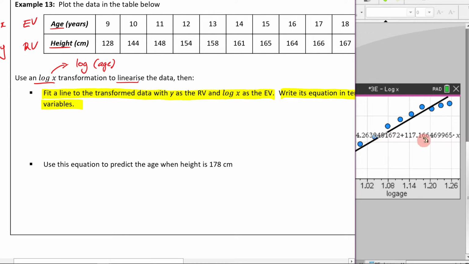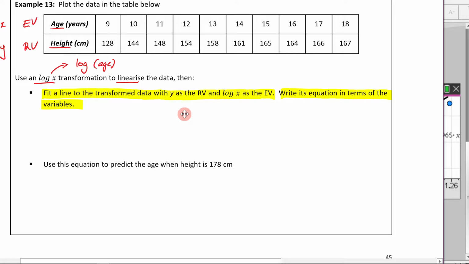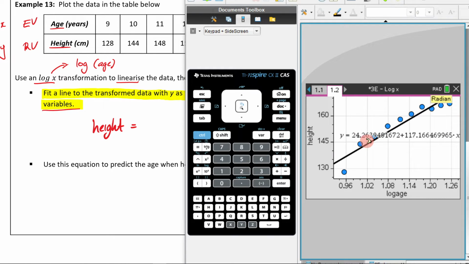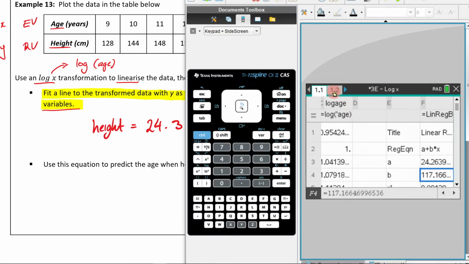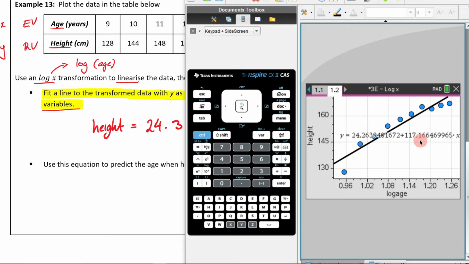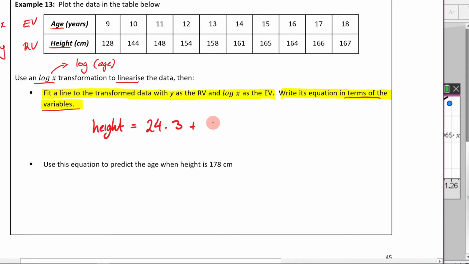So I'm just going to copy this down here. But it's important that when we're copying it down, as you can see, it's told us that we want to write the equation in terms of the variables. So we don't want to write X and Y. I want to say height is equal to 24.3, I'll round it up, so 24.26 will become 24.3, plus, and then the other value was 117.2, and then we're going to times that